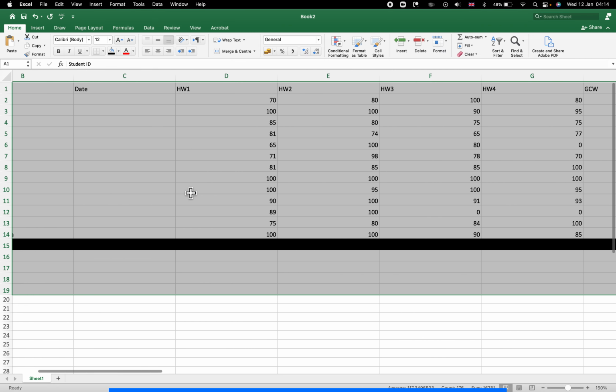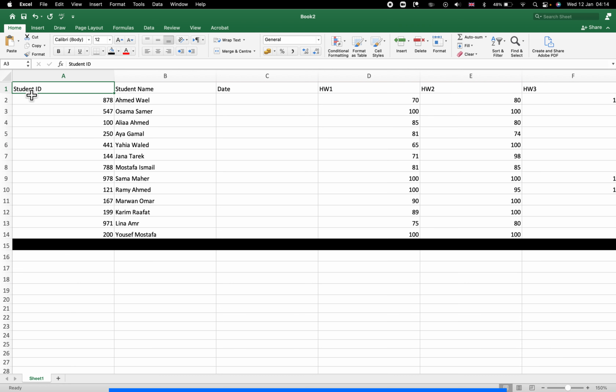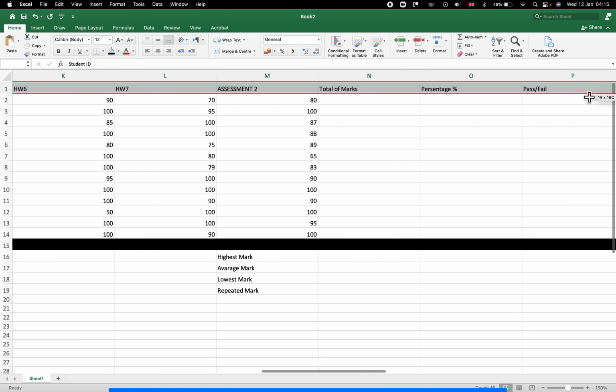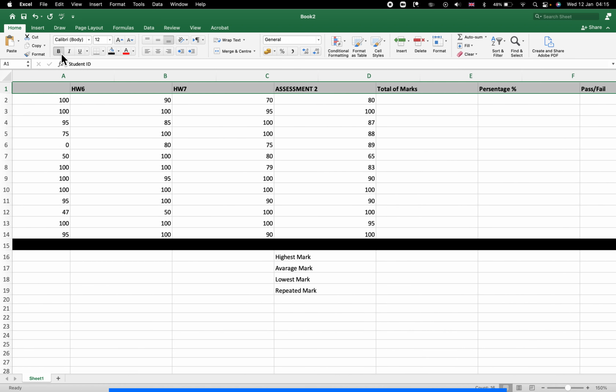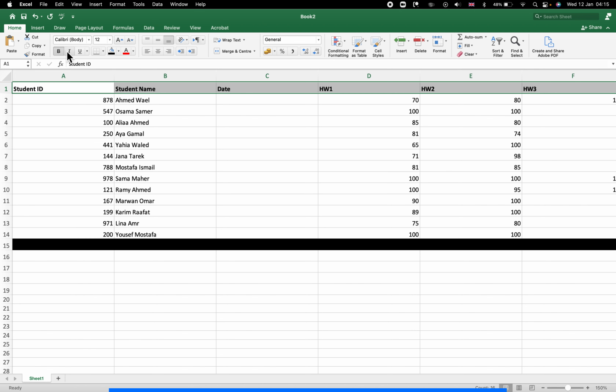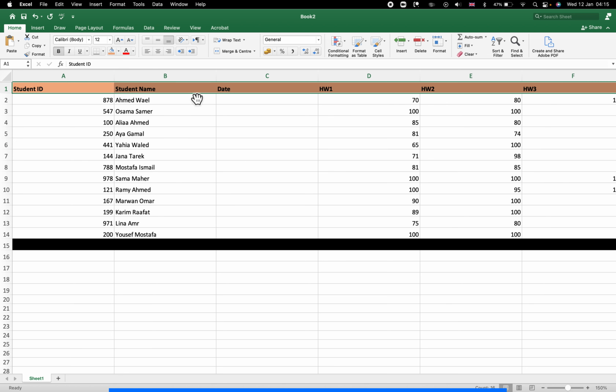Now I'm going to start working on the text. I could, for example, go right at the top here and change the font type to bold. I'm going to keep it bold, and I'll make sure this is falling right in the middle. But before I do this, I'm just going to highlight it, for example, to light orange, so I know this is my header. In this case, I can zoom out right at the bottom here,